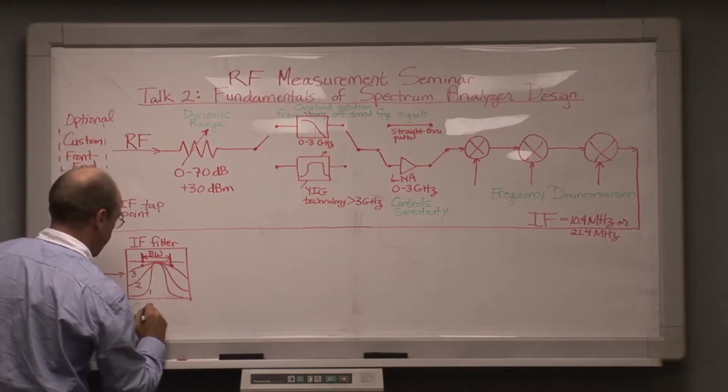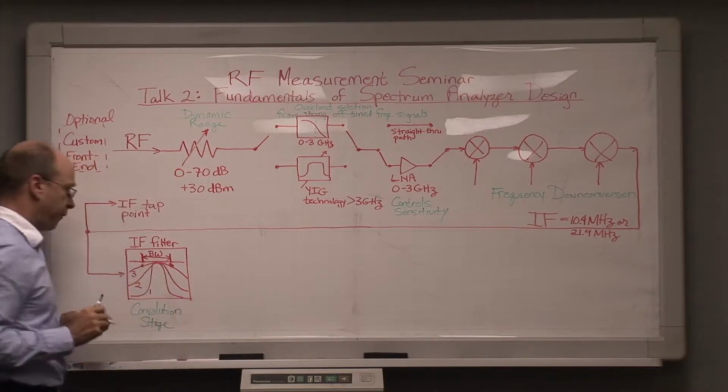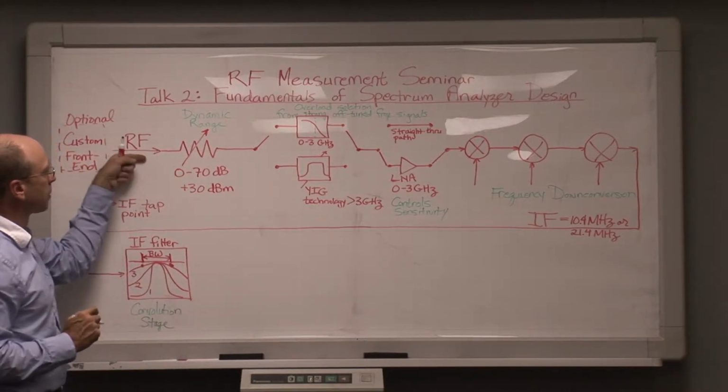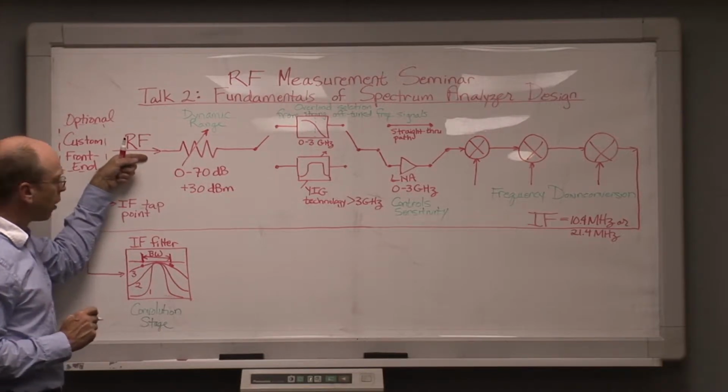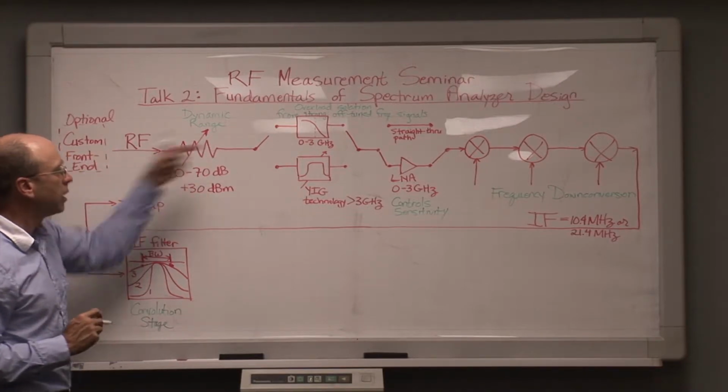This is a convolution stage, convolved through these filters such that the final spectrum that we see displayed by the spectrum analyzer will not look like the initial spectrum that came in from the outside world at the RF input, but rather will look like one of these filter shapes passed over the input